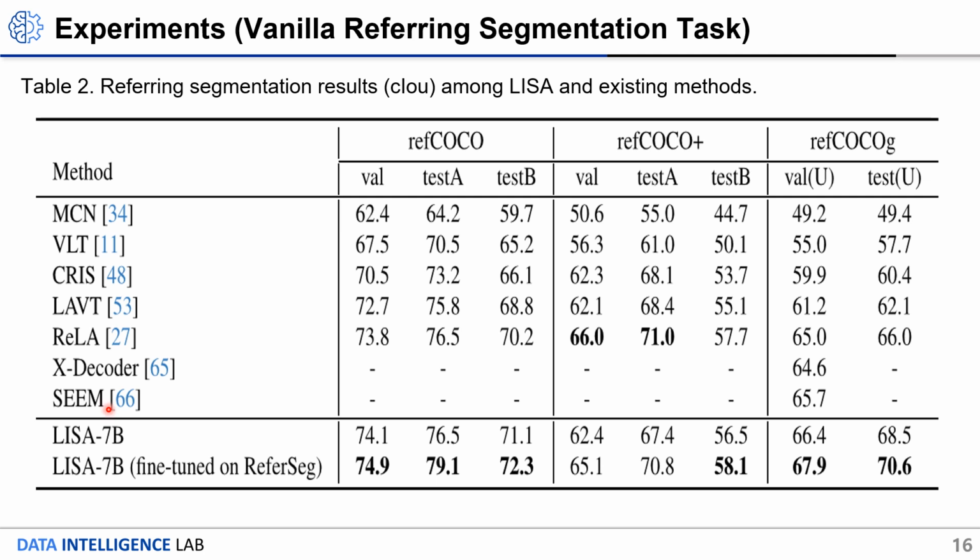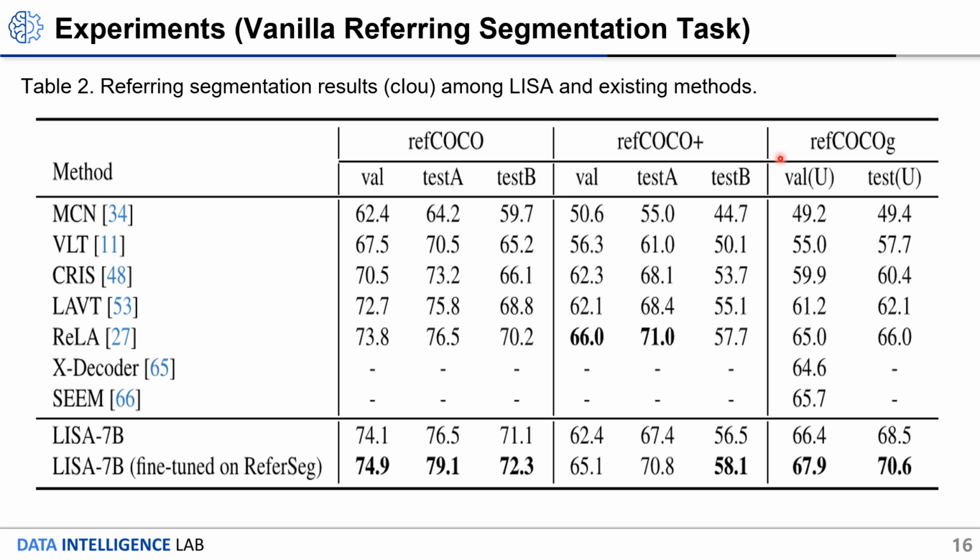There are two results for LISA: the base model and one fine-tuned specifically on referring segmentation data. Now for the columns, the performance metric shown is cIoU, a common metric for this benchmark. The results are reported across the standard datasets like RefCOCO, RefCOCO+, and RefCOCOg,